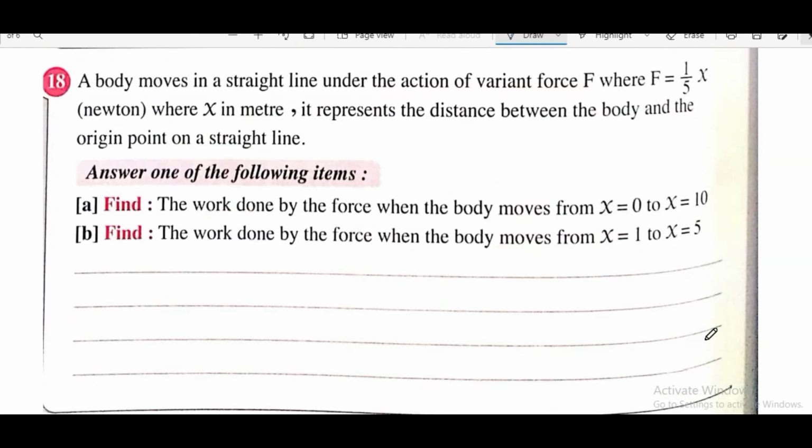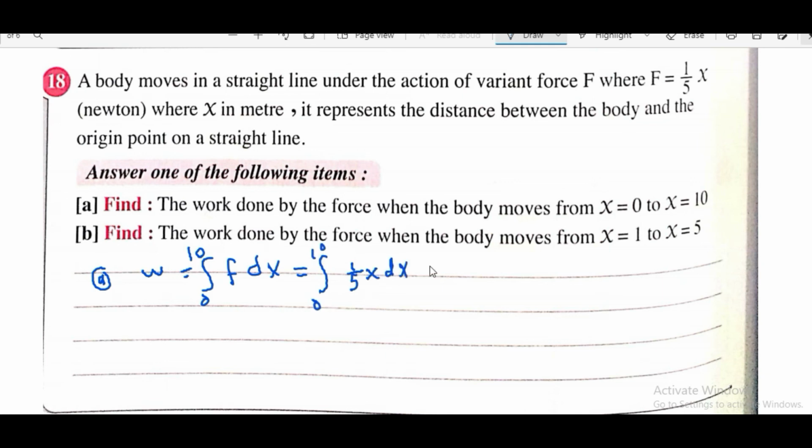A body moves in a straight line under the action of a variable force F equals 1 over 5x Newton, where x in meter represents the distance between the body and the origin point. Calculate the work needed by this force when the body moves from x equals 0 to x equals 10. A. Since work equals integration of F dx, because F is a function of x, from 0 to 10, it will be equal to integration of 1 over 5x dx from 0 to 10, equals